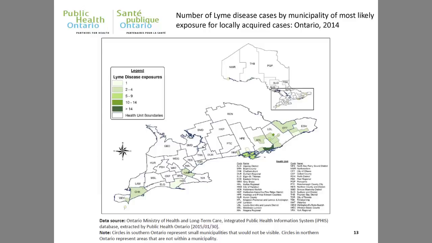So what do we do with all that data? Going out, looking for the ticks, finding the ticks, getting the passive data, getting all those human cases, we're trying to use that information to tell us where there might be problem areas or where new things are expanding. For example, we produce annual reports.